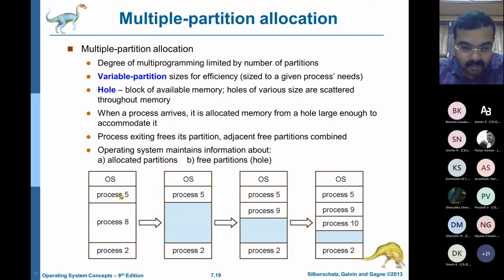So this is the queue, process 5, 8, 2, but you can swap out. When you swap out, you have a hole. The hole is a block of available memory, and there are different holes that are available. What you can do is, when there is a swapping out, or when there is a gap in the partition, you can swap out processes. You can put these processes into the holes.